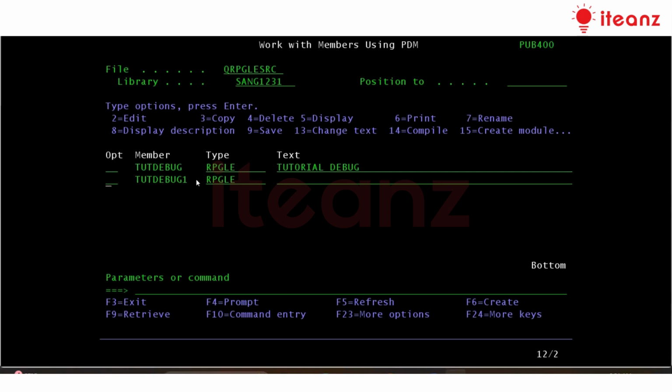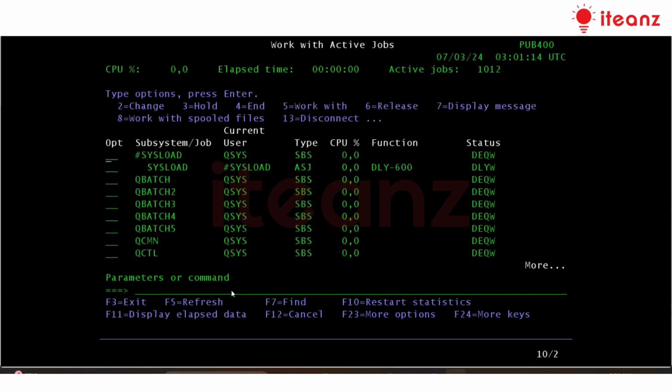So you will be going to here. So these are all the jobs. You see here, this is subsystem or job. Is a job something like automated code? Job means